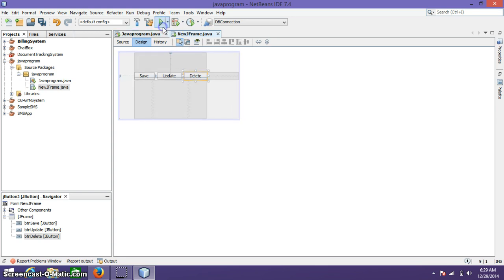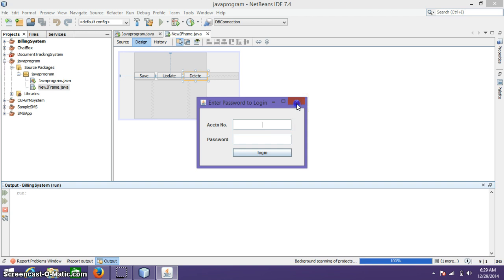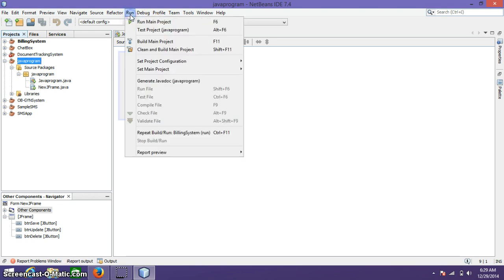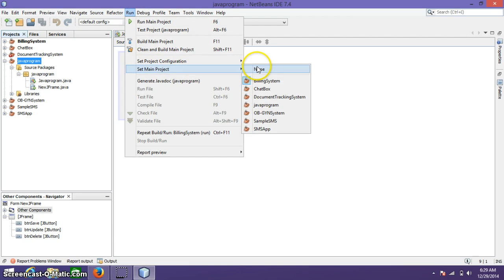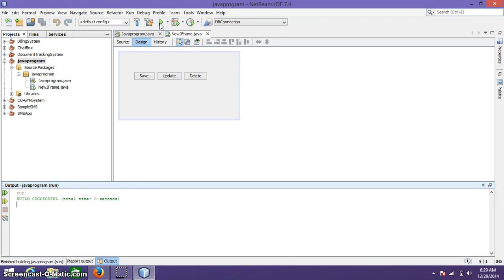So we try to run this. Okay, sorry. We need to first set this package as default on run. So click run and then set main project. Select Java program. Okay, try.